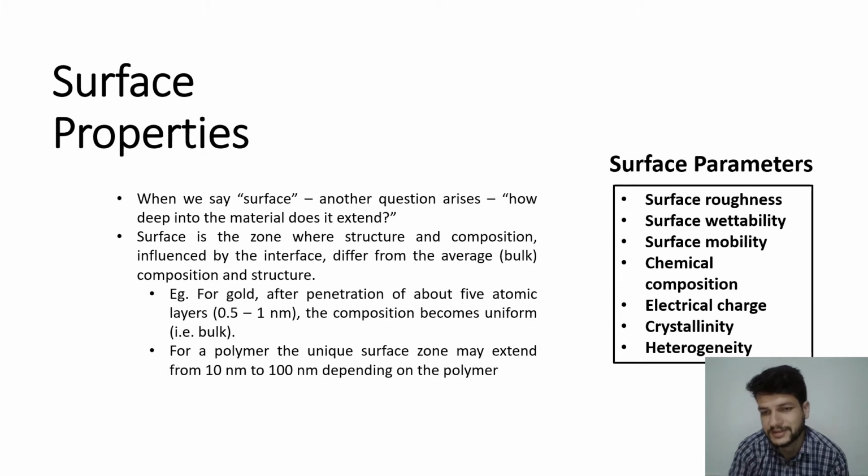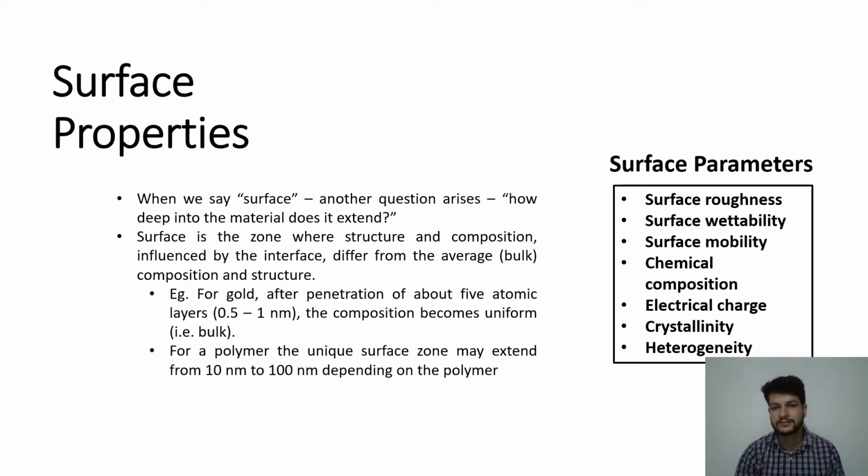For example, surface roughness, how rough is the surface, and surface wettability. It defines the contact angle, it explains how much the surface is wettable and how much the surface gets wet after the aqueous phase is put on it. Surface mobility,